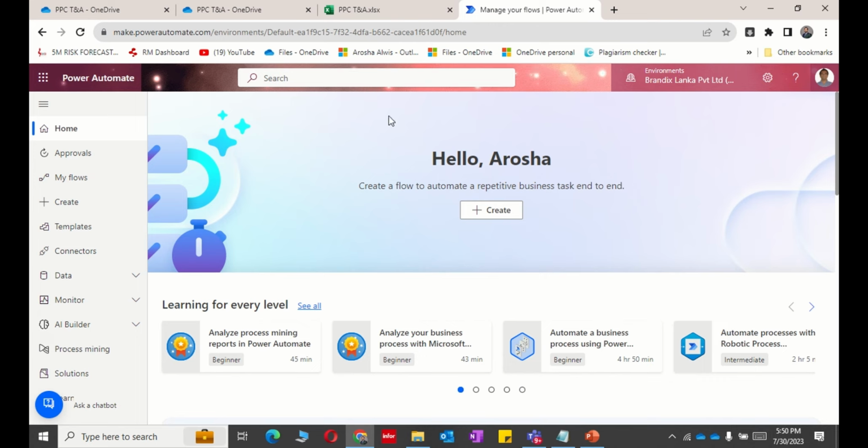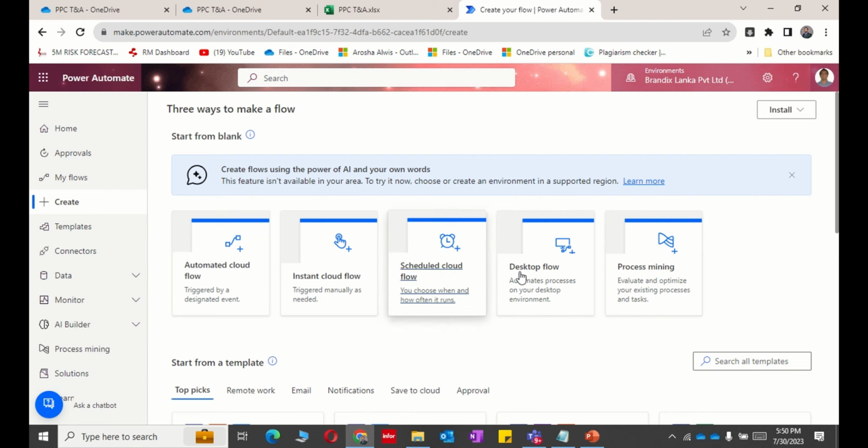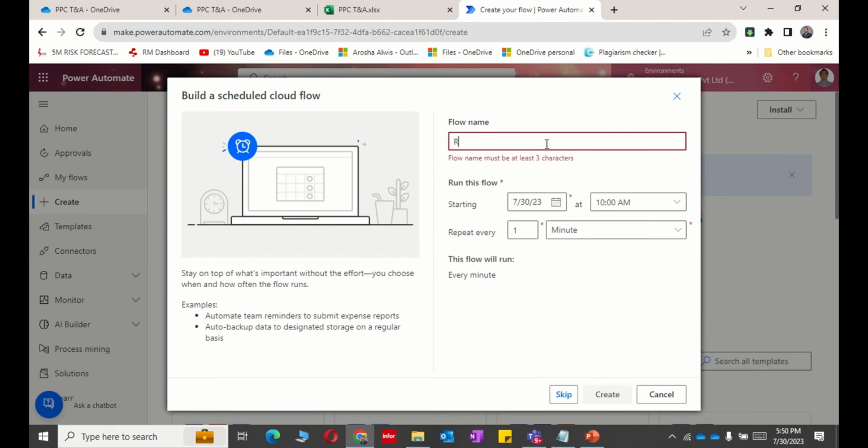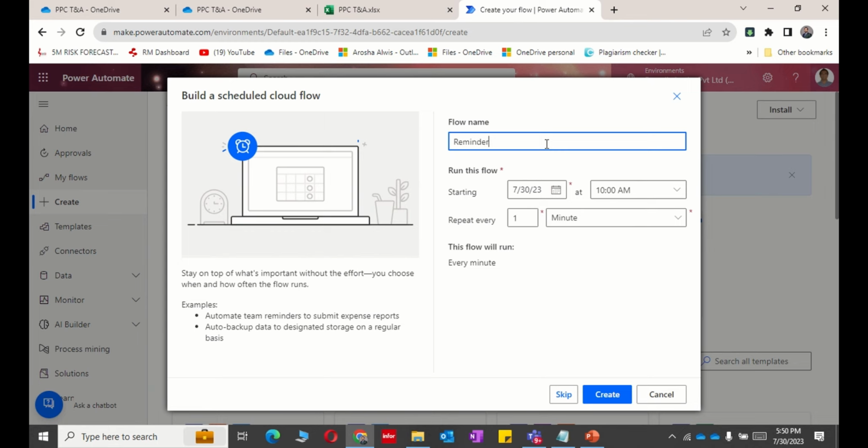All right, now what we are going to do is I am going to create one. I am directly pressing this button and start creating. So we have a few options here. I want it to be automated, completely automated. So I am picking scheduled cloud flow. So I am giving it a name. I'll call it reminder,